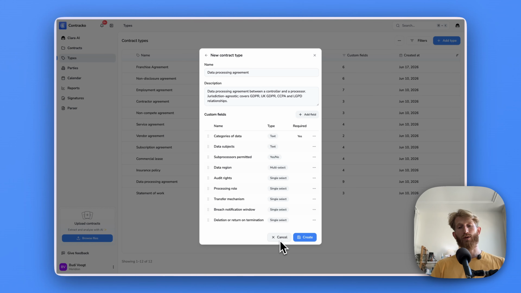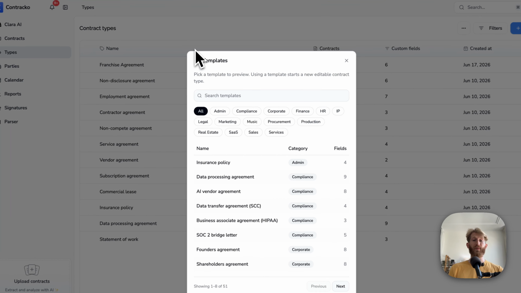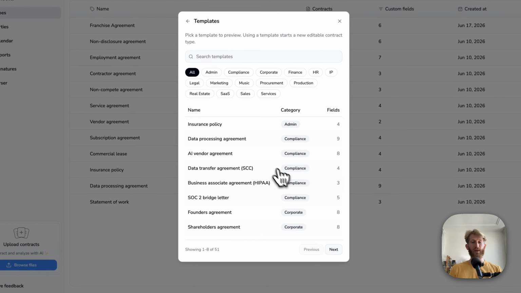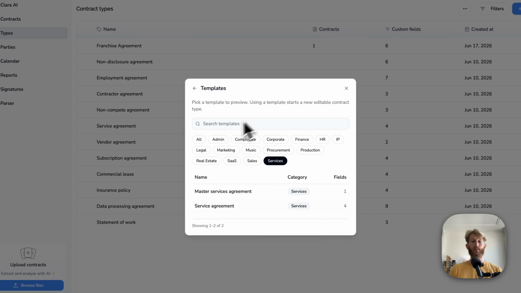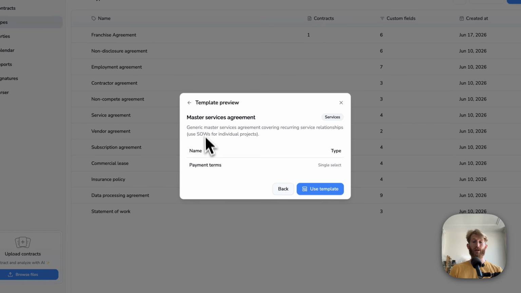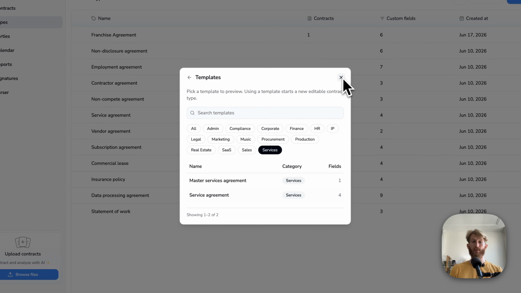a lot. And what our system will do is when it analyzes a contract, it's going to try match the associated type. And if it doesn't exist, it's going to create one, and it will always try pull from the template library that we have first. We have very many types, as you see, and you could sort maybe by type of business that you run. Let's say you went to MSA, you'll find a relevant template and so forth.